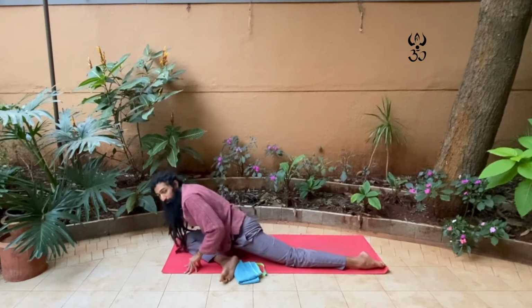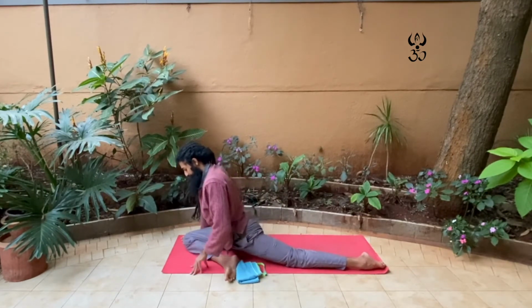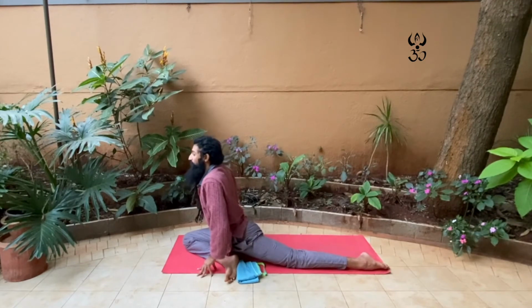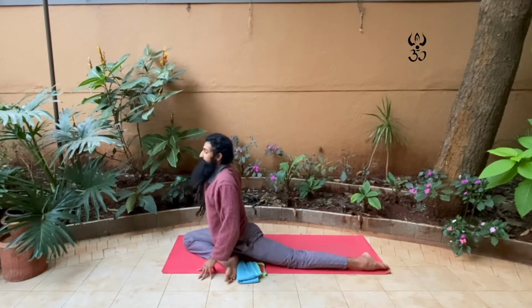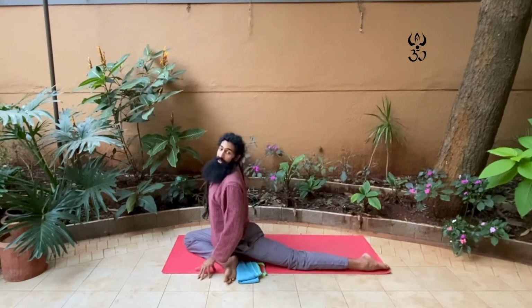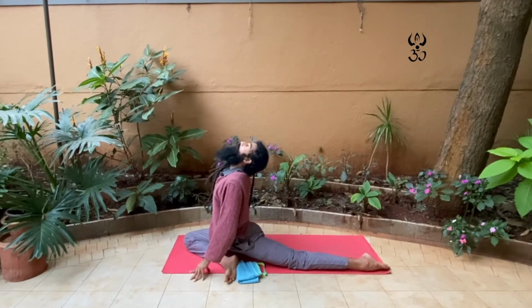From here, we're not going to fold forward, we're going to stay upright. Coming onto the tips of your fingers, you can just stay here in this straight upright position, or if possible, opening your chest, rolling your shoulders back, and exhale, bending back slightly. Long deep breaths for 3, 2,